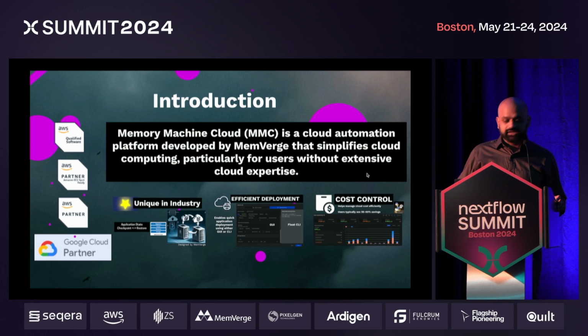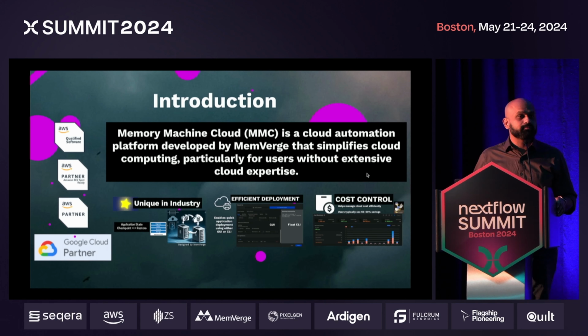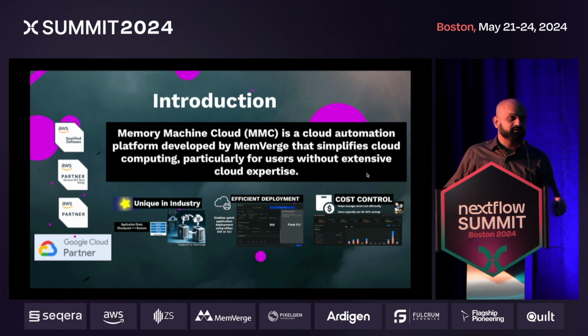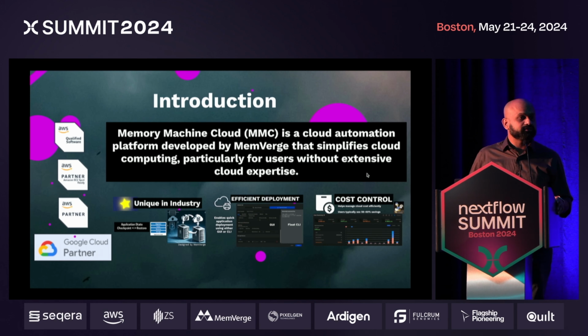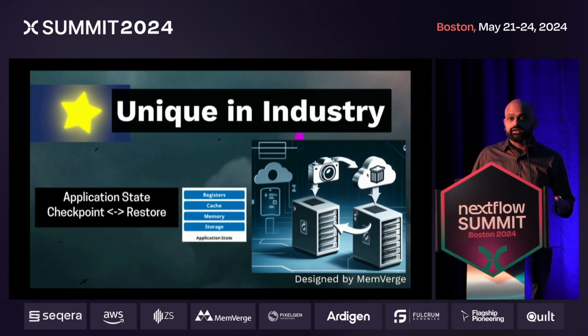Memory Machine Cloud is a cloud automation platform designed by Memverge that simplifies cloud computing, particularly for users without extensive cloud expertise. We are certified AWS partners and also Google Cloud partners, and our software is available through their respective marketplaces. So in a space with so many different cloud offering companies, what makes us unique in the industry